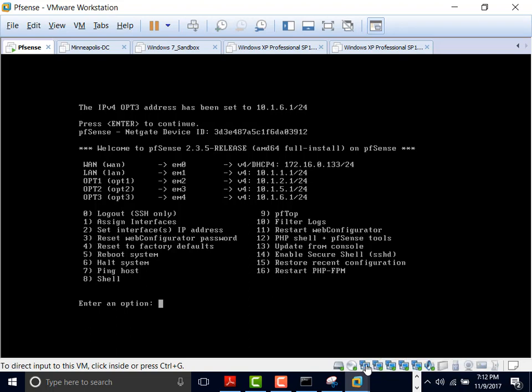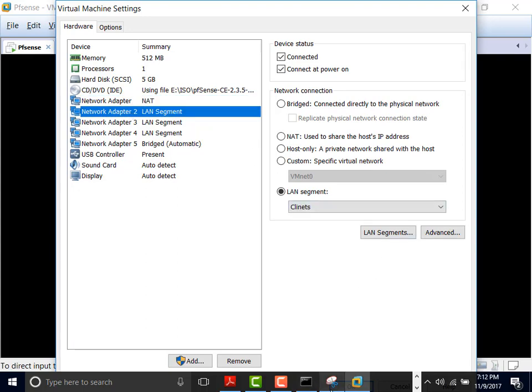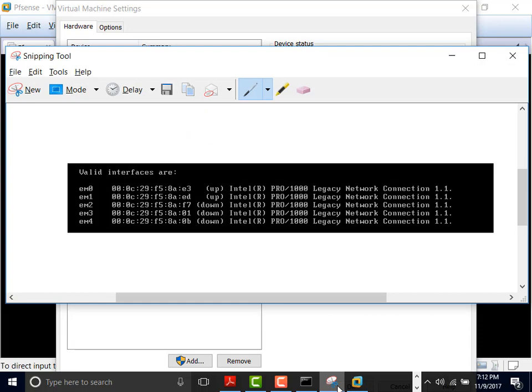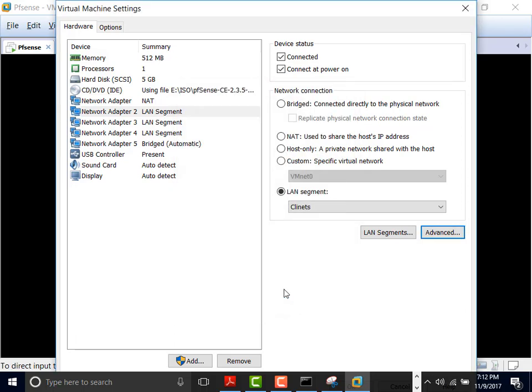Here's the first one here, and we know we put it on NAT, so we know this guy is on NAT, right? So let me look at this again. 8AED. Let me see the IP address of this one. 8AED. So where is it? It's on client, right? So I'm going to grab this